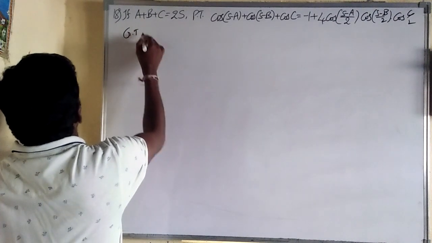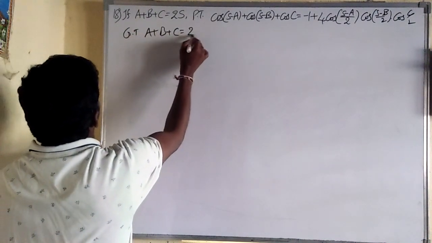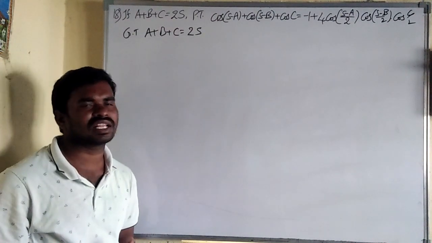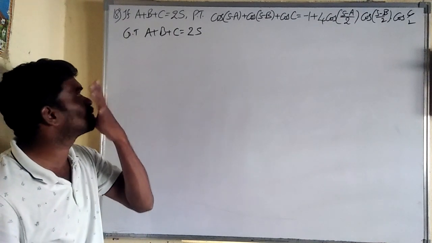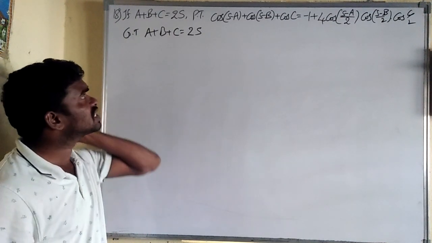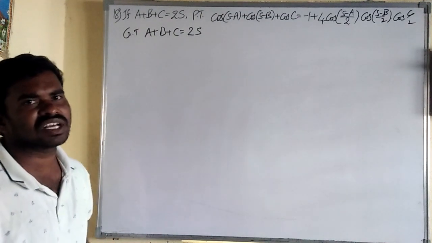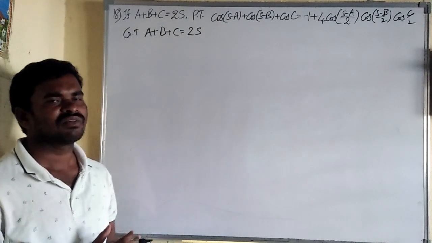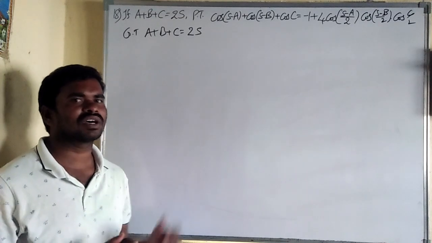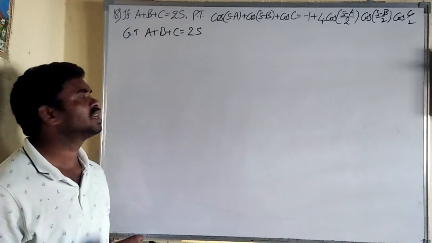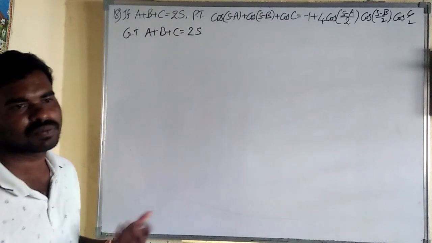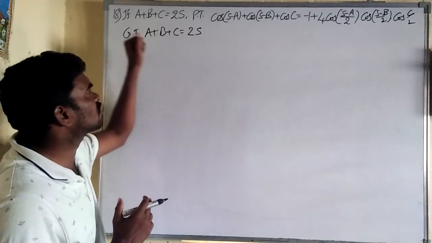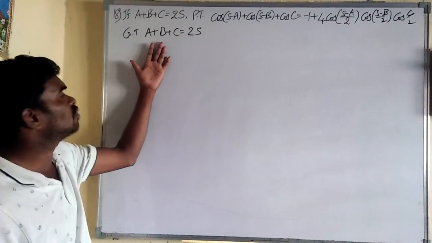So here it is given that a plus b plus c is equal to 2s. Of course, in every question we have observed 180 degrees angles in a triangle, but here it is given in a different way: a plus b plus c is equal to 2s. Here s actually means semi-perimeter, the sum of the sides a plus b plus c by 2 is equal to s. From that, a plus b plus c is equal to 2s. Last chapter we had some problems based on semi-perimeter. Leave it. Just take the condition a plus b plus c equal to 2s. From this condition, some more conditions we can write.